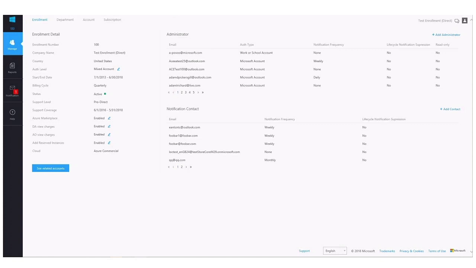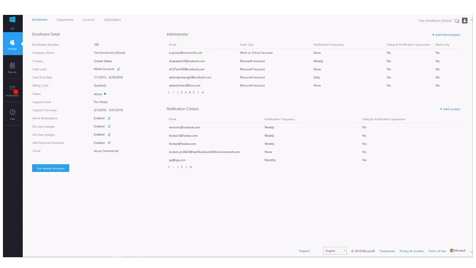The account owners are the overseers of subscriptions. They have full control of the subscriptions that they create, and they're actually assigned a role called the service administrator within those subscriptions. The service administrator is the controller, basically synonymous with the account owner. They have the ability to create services within the subscriptions. They control access within the subscription. Not even the enterprise administrator or the department admin actually have access inside of the subscription, unless the account owner or service administrator grants it to them.